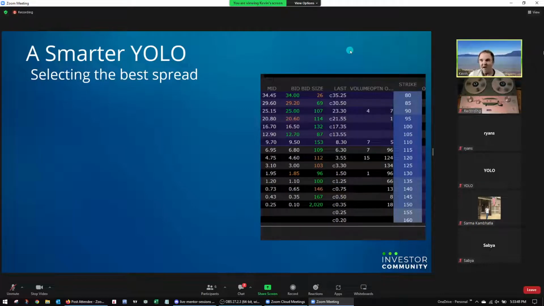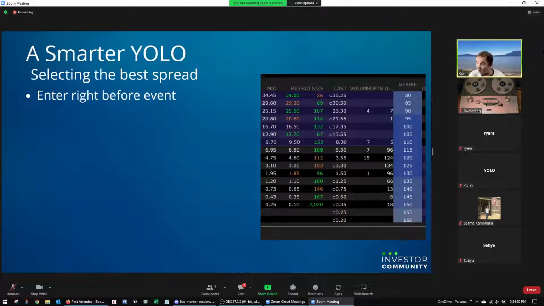I'm sure everybody knows how to read the options chain by now. We want to buy this spread right before earnings. We want to wait till the last minute to get into this spread. So if earnings are tomorrow morning, then we want to enter this spread in the afternoon today.